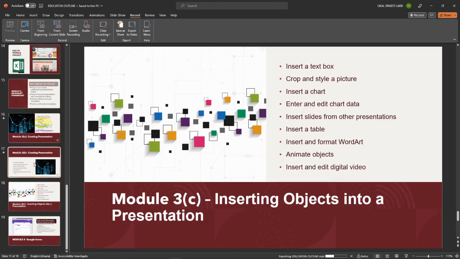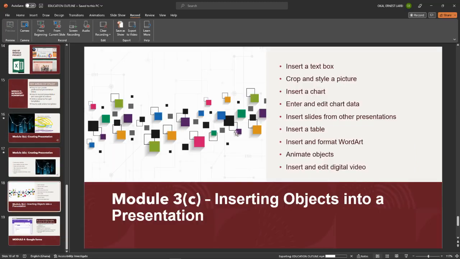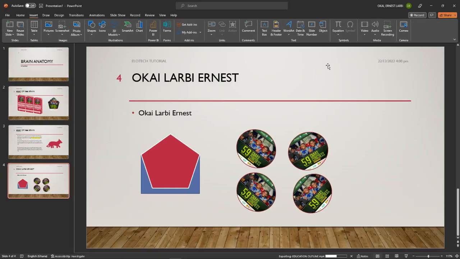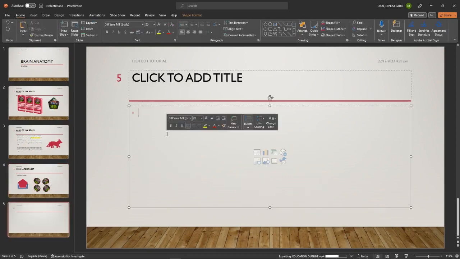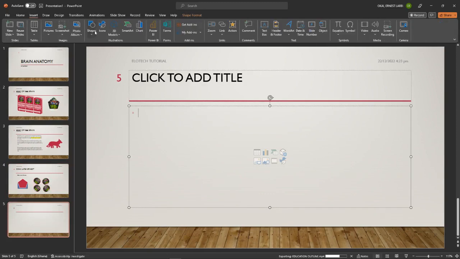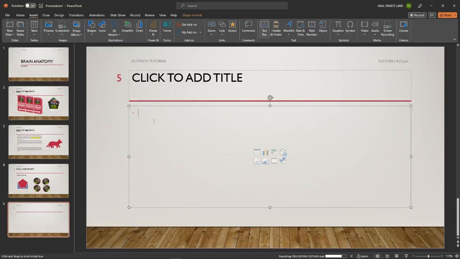I want us to move to this particular one. That is going to be the last one also for our recording. Let's talk about how do we insert a text box. Inserting text box. So now let me insert a new slide as I always do. If I want to insert text box, I can go to insert, then under the shape there is this one. When you put it on it, you see text box. Click on that and you can draw